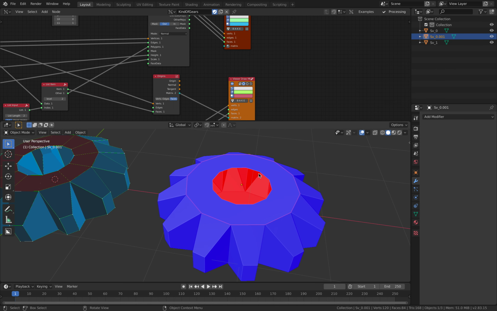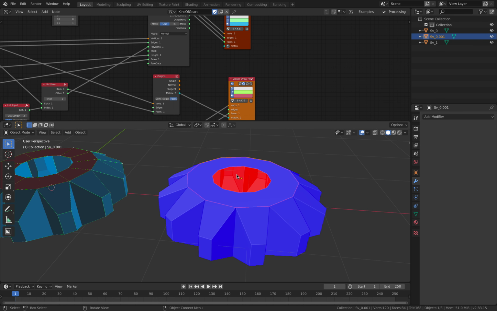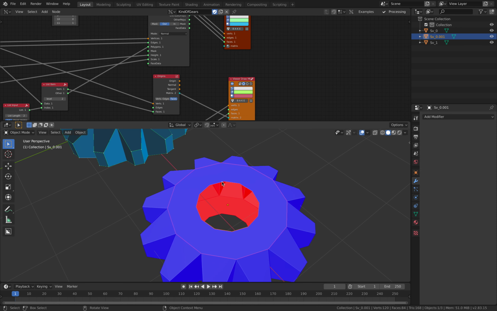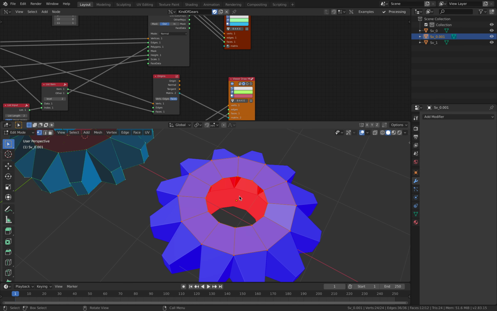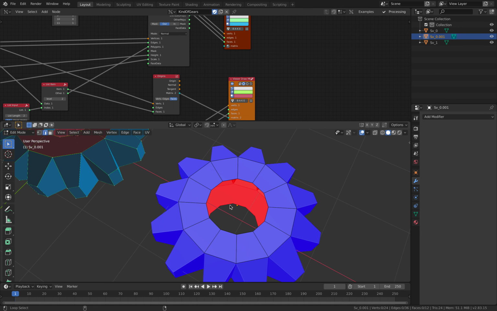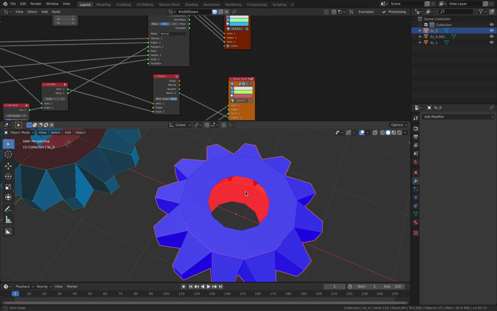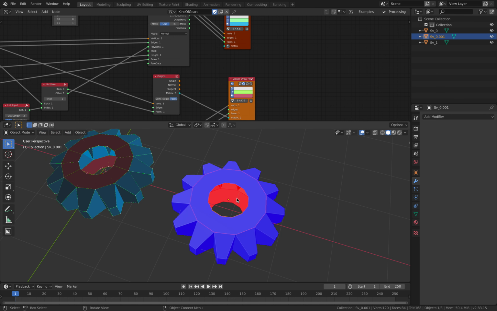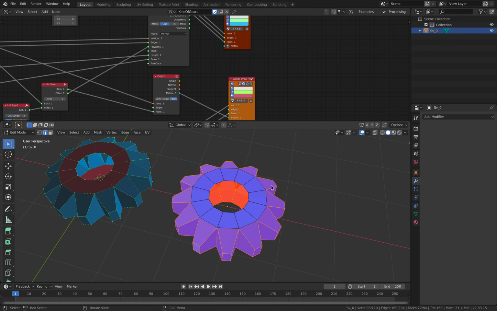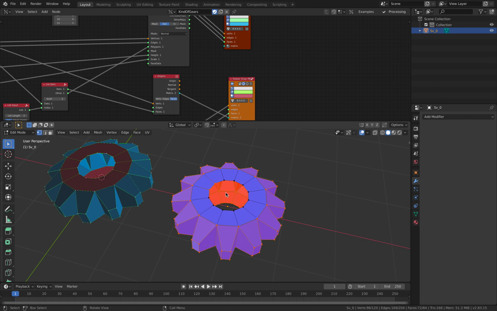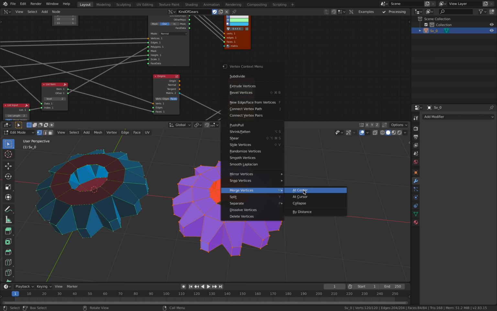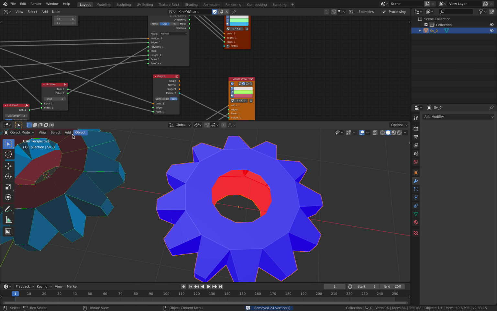This part is still hollow, and I'm thinking, okay, maybe we can do something about it, or maybe just bridge the two. So we have hole. We have connections between these two things. First of all, we need to join it. Control J. And now can merge vertices by distance, and then